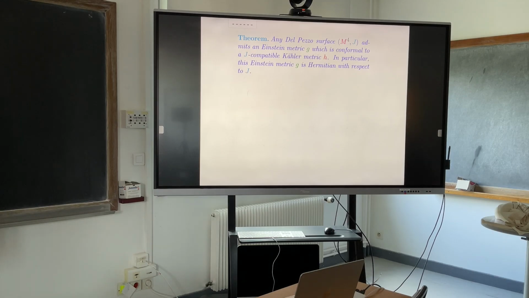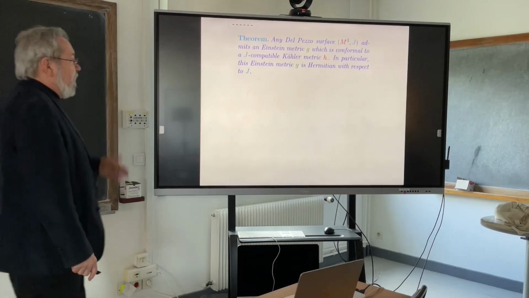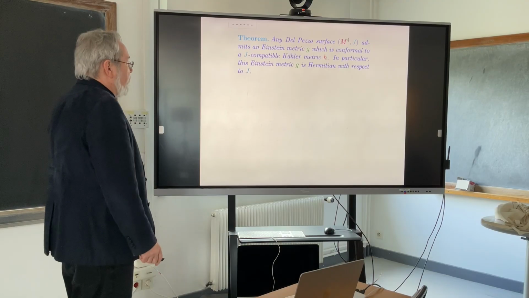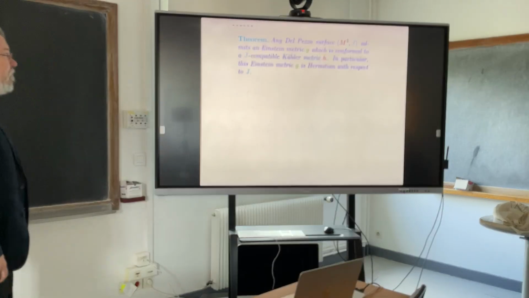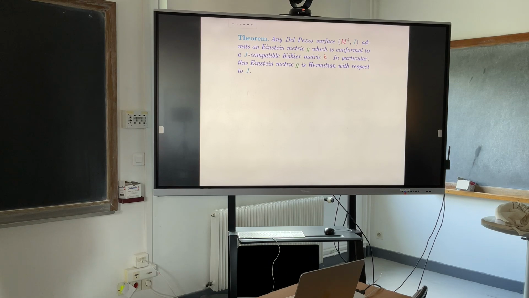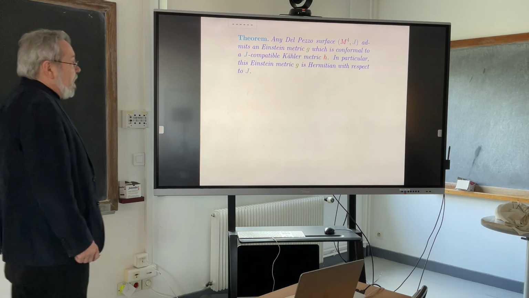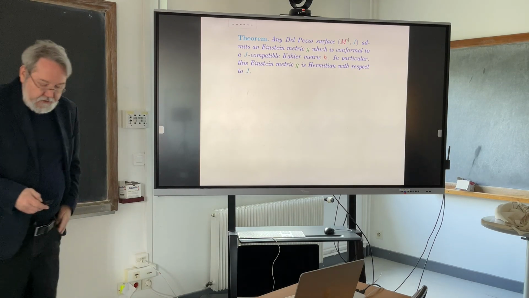And so being a Hermitian metric is a conformally invariant condition. Kähler metrics are Hermitian, therefore anything that's conformally Kähler is also Hermitian. All right, so any del Pezzo surface admits Einstein metrics which are actually conformal to a Kähler metric compatible with a given complex structure. And this in particular gives us